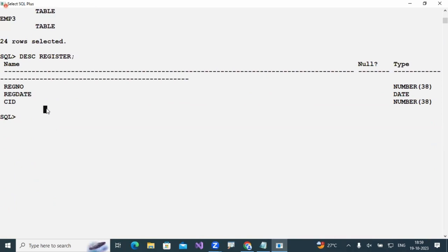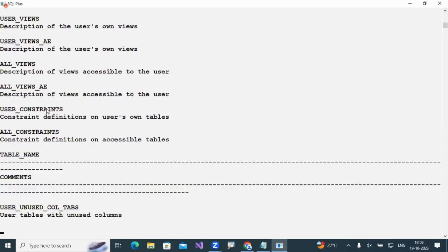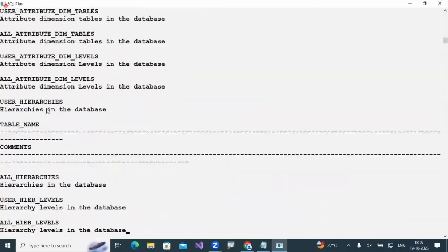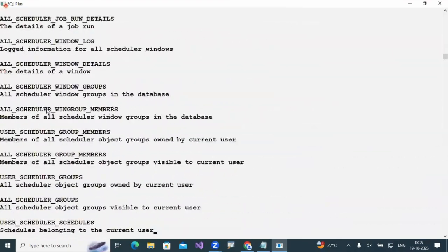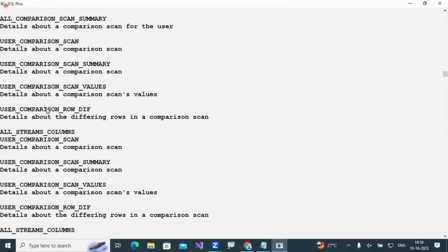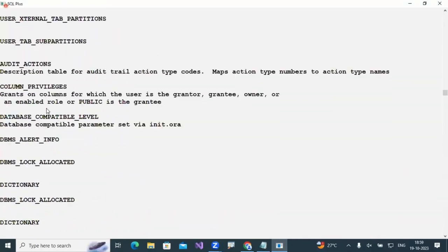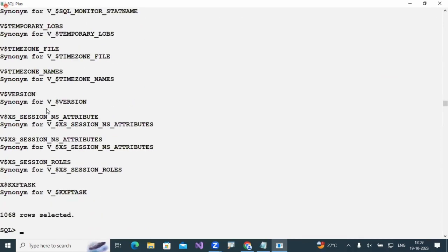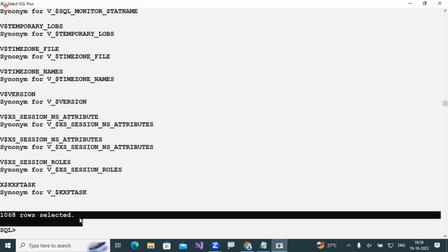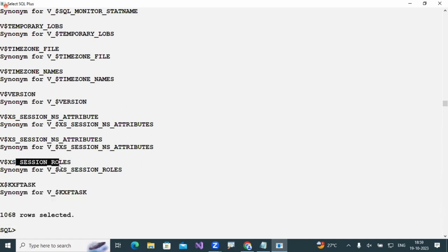Go to this data dictionary: select star from dict. If I execute this command and see, there are 1,000 plus data dictionaries available, 1068 in fact, and these are called data dictionary names like session_roles,